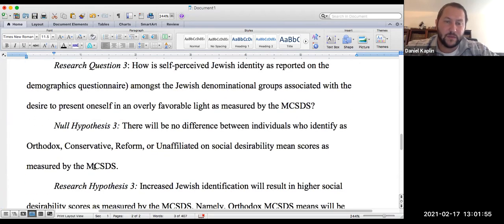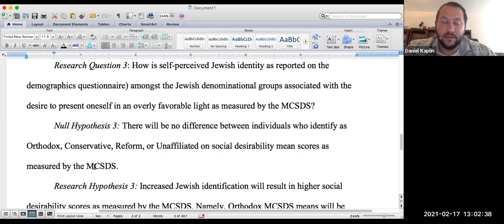The third hypothesis was also supported insofar as Orthodox Jews tended to have higher rates of social desirability. And we know that. What I found was interesting, though, is that Reform Jews in my sample also had significantly high social desirability mean scores. And I spent months trying to figure out, well, why is it that the Reform Jews in my study also had higher social desirability? And then I realized that where I was collecting data, there were a large number of